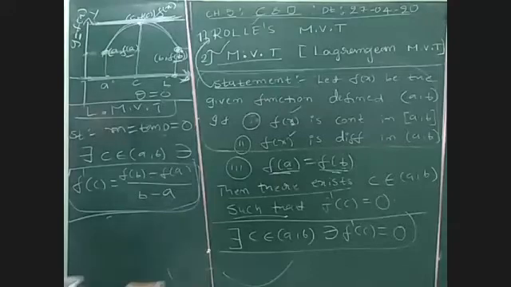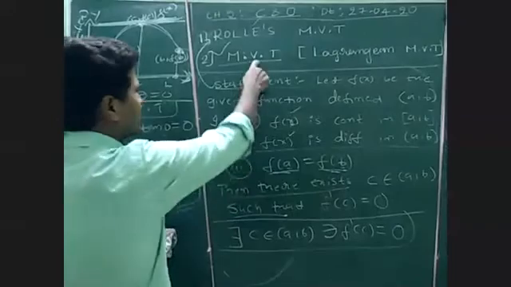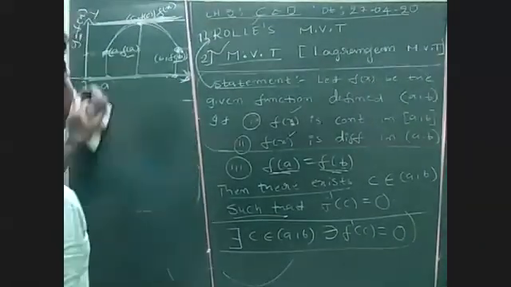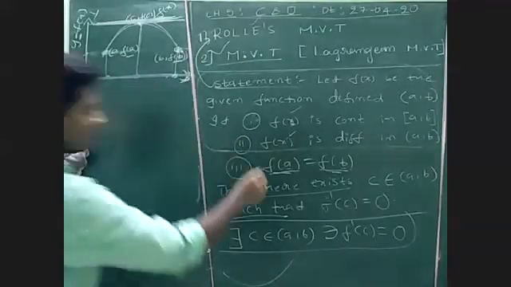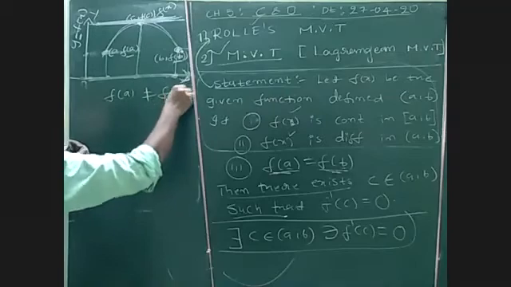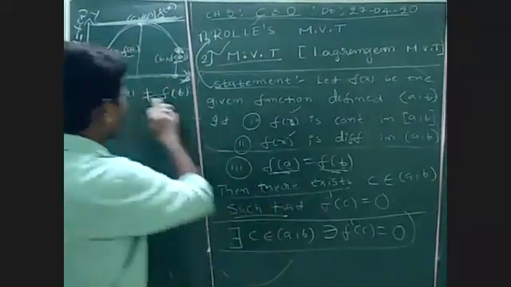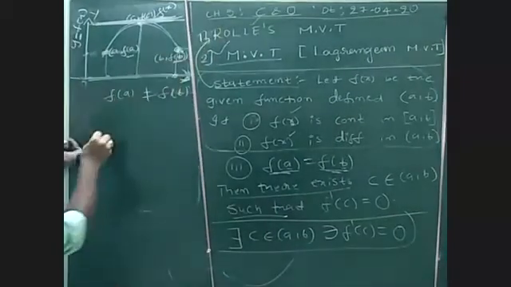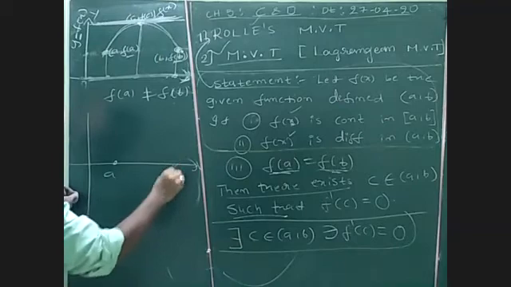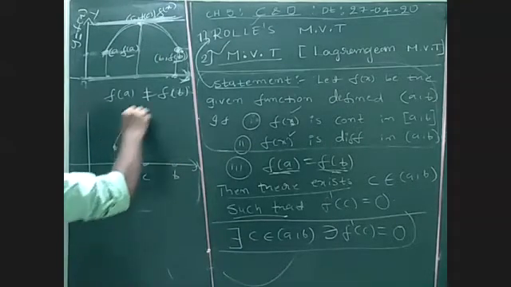But here, whenever f of a is not equal to f of b, the graph will be different. If I draw the graph of the Lagrange's mean value theorem, in Lagrange's mean value theorem, f of a is not equal to f of b. In Rolle's theorem they are equal, whereas in Lagrange's they are not equal. Let's see the graph. Same graph. This is A, this is B. There exists one point C. But here, if I draw the graph like this,